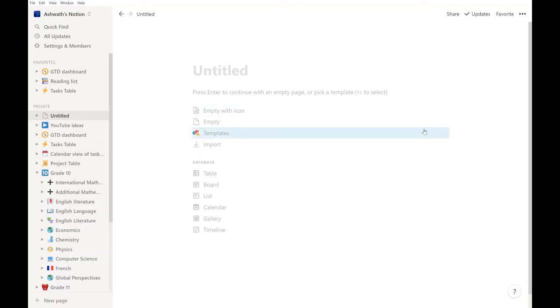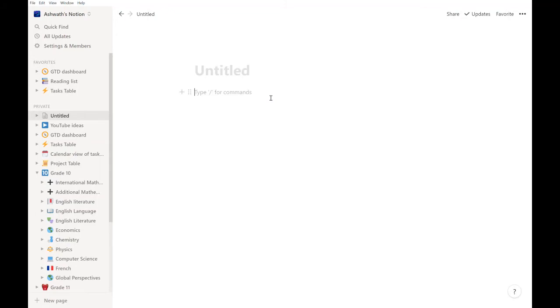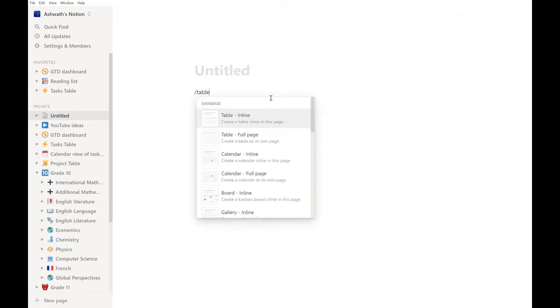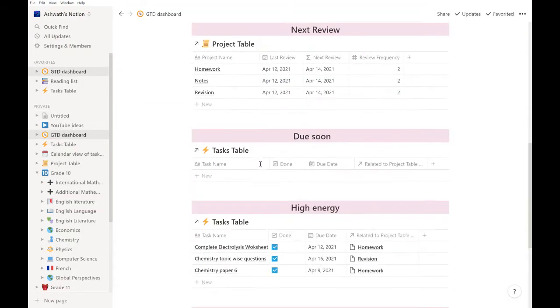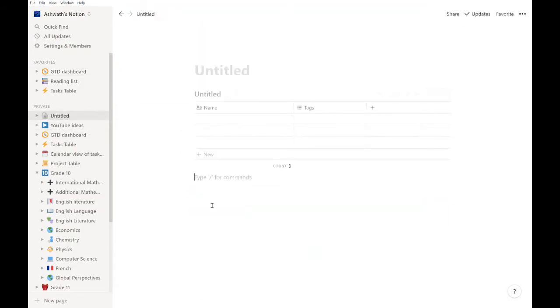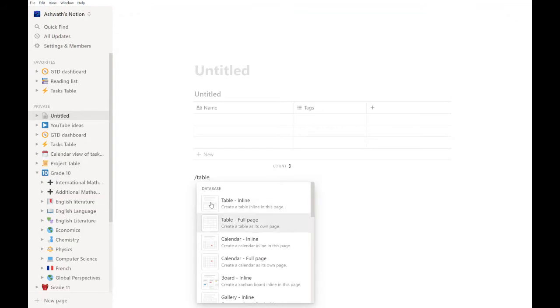Now, let's get into the video. So let's get into the tables feature of Notion now. So I'm just starting this empty page and there are two ways to get the table. There are two formats. One is an inline table, which is the sort used over here, and the second one is a normal table, which is this one, the full page.